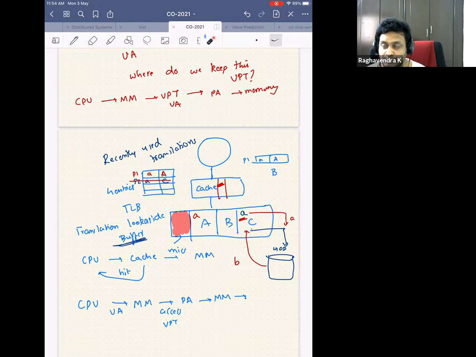Which means that even though I have designed a very good cache, even though I have the best hardware, even though it takes one cycle, I am paying 2 cycles for every memory access, even though it's a hit in the cache. And you see that when I double something, the performance drastically reduces. So is there a way where I don't need to translate? Do you get my question? Is there a way where I can access the memory in one cycle, service a memory request in one cycle? Can I do that?